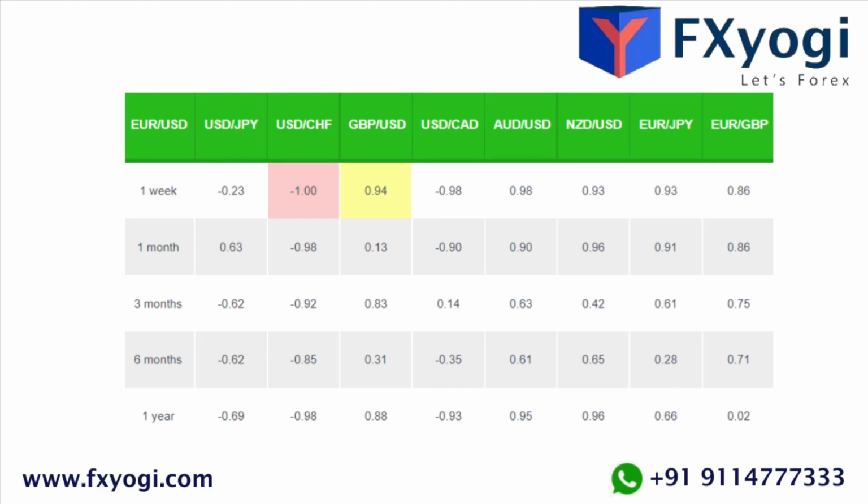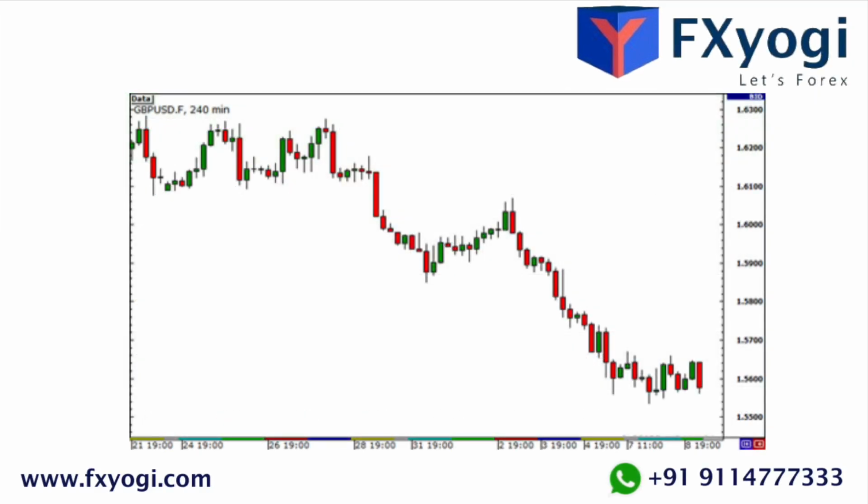Euro USD is the peanut butter to GBP USD's jelly, like oil and water. Okay, you get the picture. The point is that the two pairs hold hands. Currency correlation example number 1, Euro USD and GBP USD.